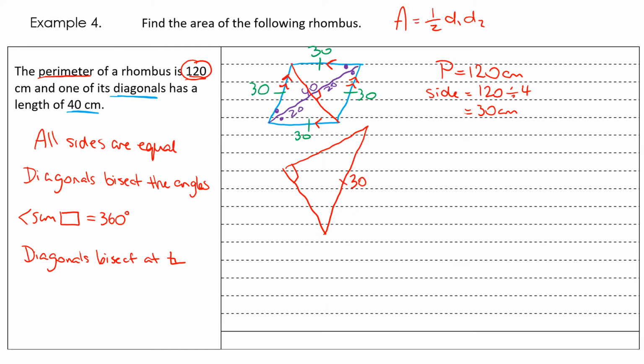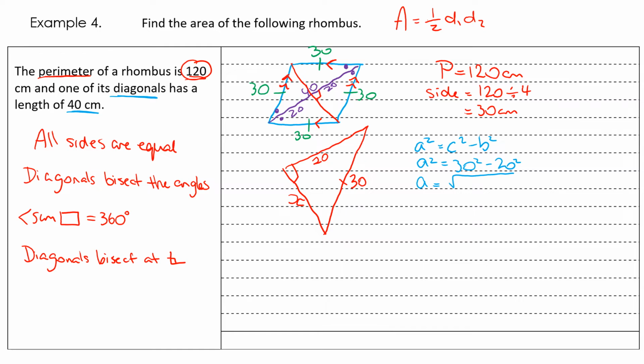This part here, that's 30. This is half of the diagonal, which is 20. And this we don't know, we're going to call it x, because when we don't know something in algebra or in math, x is always a good letter to use. Okay, now we can find the missing side length. And how can we do that? We can use Pythagoras, because Pythagoras is everywhere. And now we're finding a short side, so we're going to use a squared equals c squared minus b squared. You guys are going to be so good at Pythagoras by this topic. a squared equals 30 squared minus 20 squared,